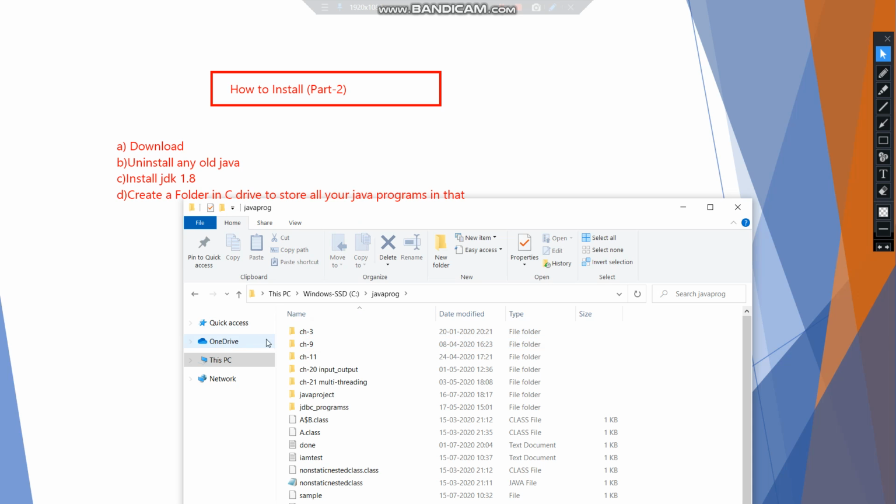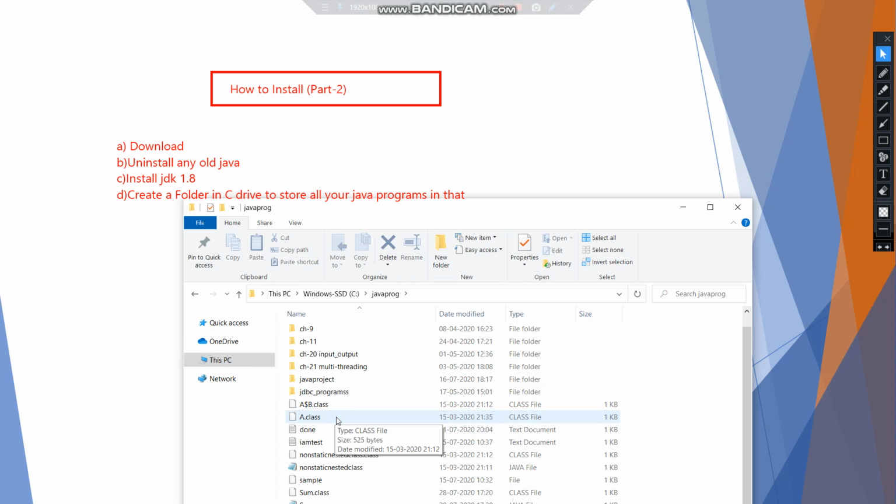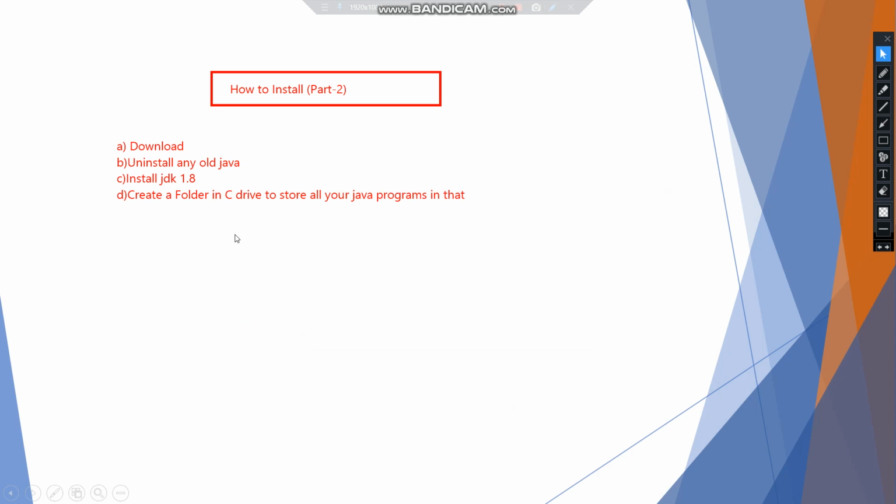Okay, as you can see, as I clicked on Java Prog, here is my folder and all the programs are here in it. You can change the name, but it would be good for you guys if you name the folder the same as Java Prog, as it's mine. Okay, so this is our fourth step. I'll write it over here for you.